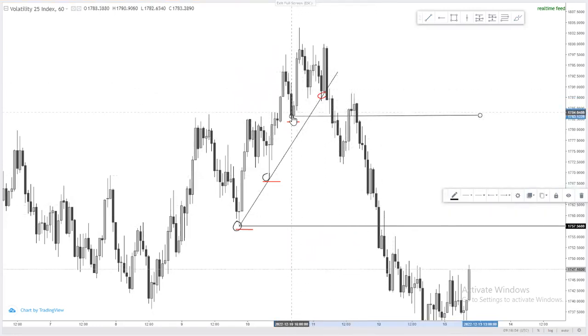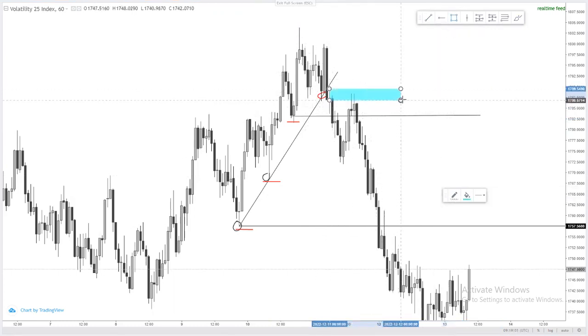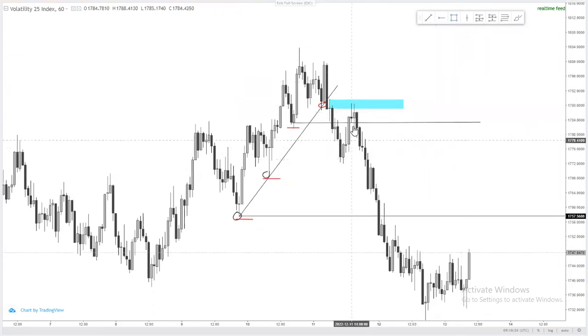Another thing that you could do, you're gonna have this candlestick, that indecision candle, right? You could place the shorts there, and then obviously your target,